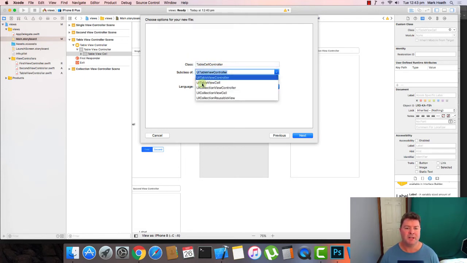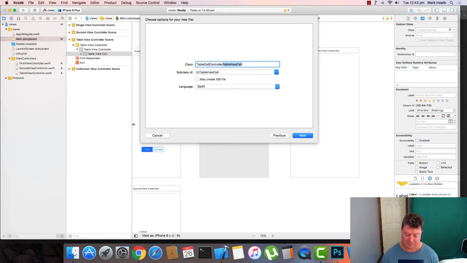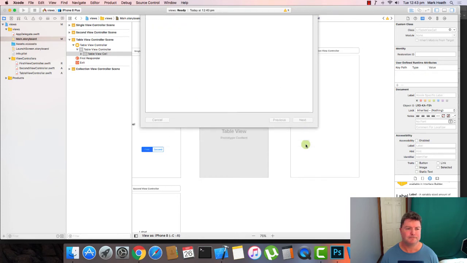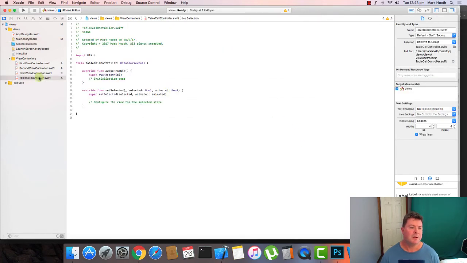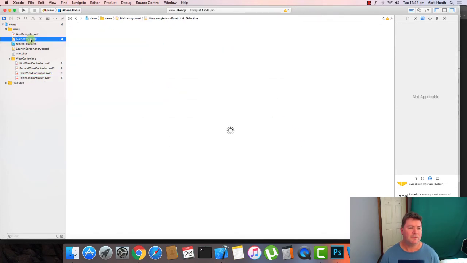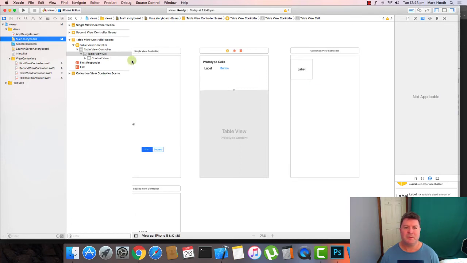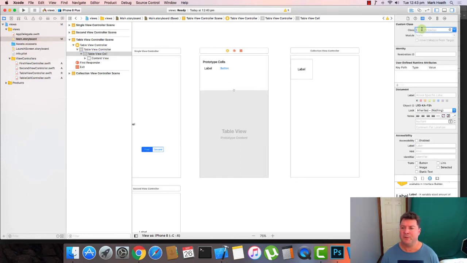And that's going to be a subclass of UITableViewCell. So when we've clicked on the cell, we can just change this to table cell controller,